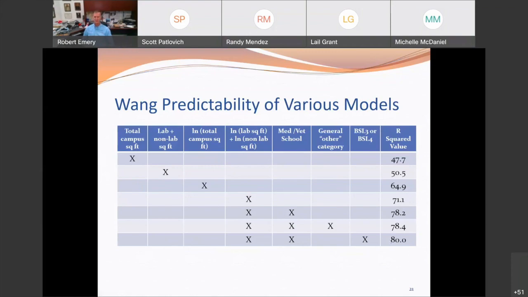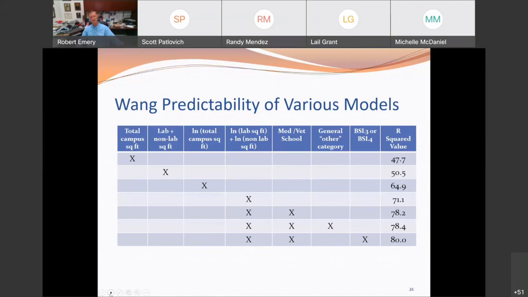So if we can just get some basic parameters, and I get a call a week about this, where it'll be a new administrator. So somebody newly gets hired at University X. Somehow they got my name and they said, under my portfolio, I've got several things, but one of them is safety. I have no idea what they do. And I have no idea how much they're supposed to have. How much of this stuff am I supposed to have? And that's what's kind of made us famous, so to speak. And at least we can speak to the inputs by using this model to say, with an R-square value of 80, we can get you in the ballpark for the staffing of the program.